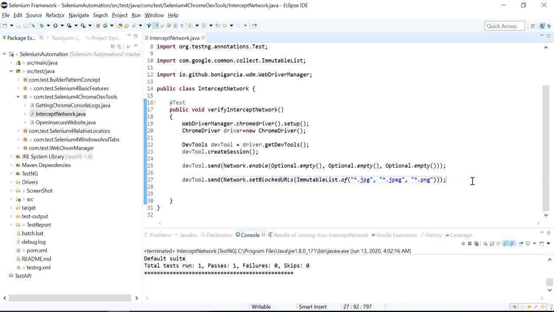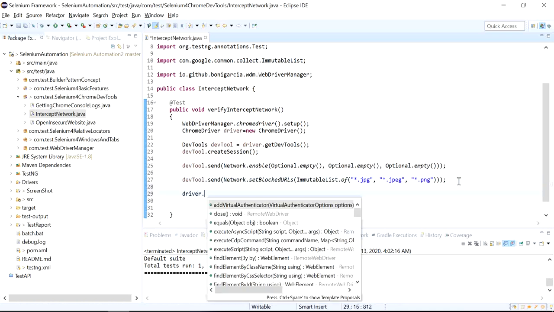So this is the command for intercepting or blocking this particular resource in a website. So we are going to block all these images from a particular web page.